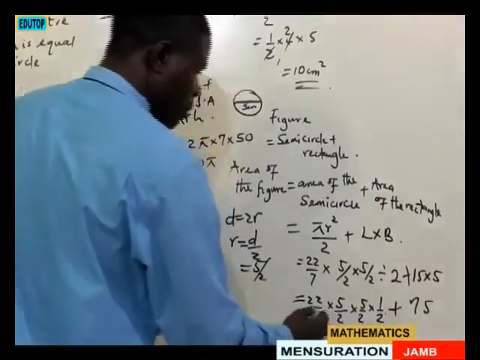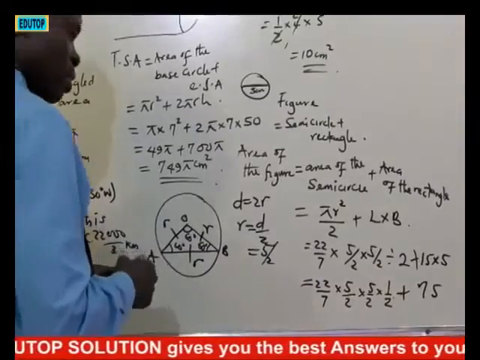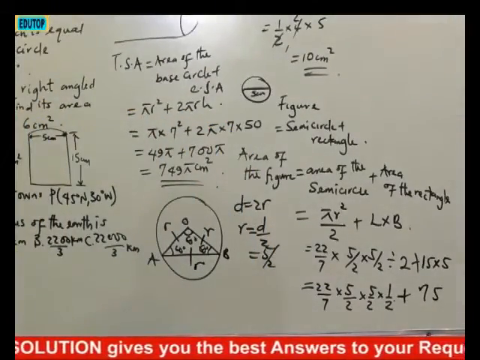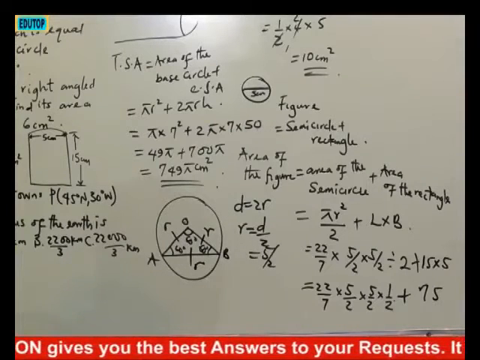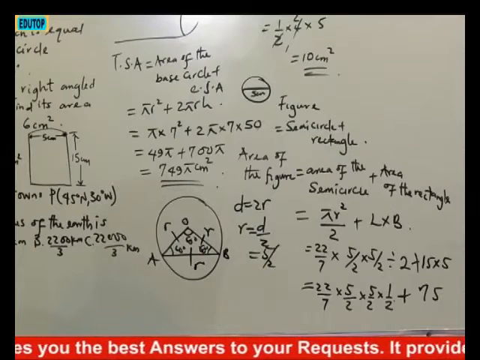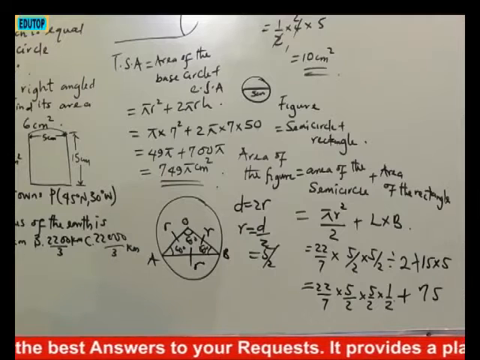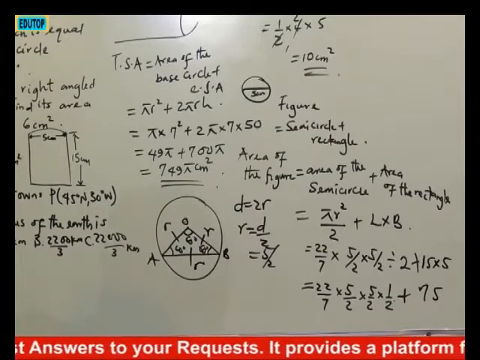So here we're going to have 22 times 5 times 5. That means 22 times 25. So let's use our mathematical set, our calculator. That's 22 times 25 divided by 7 times 8, that's 56, divided by 56, that will give us